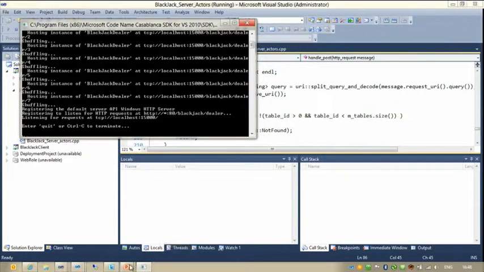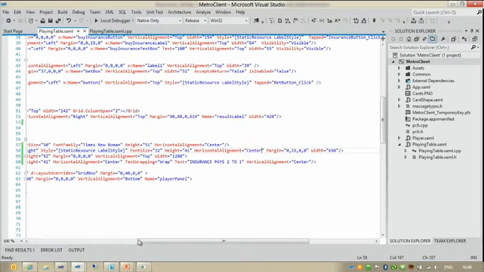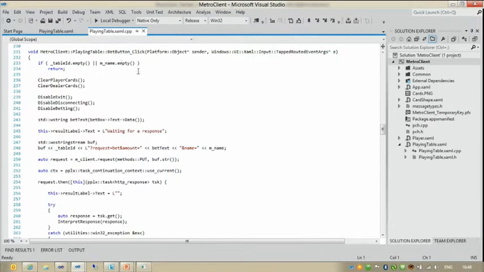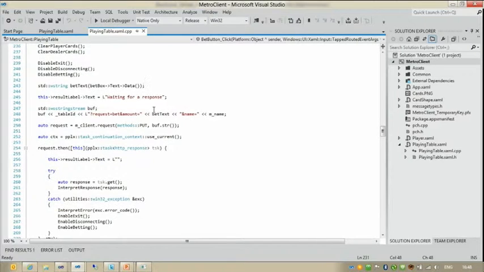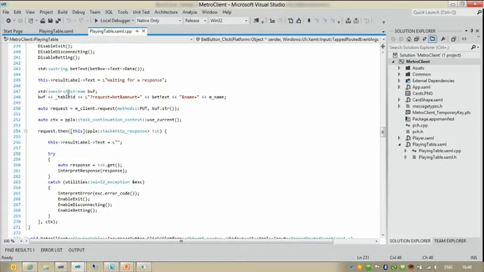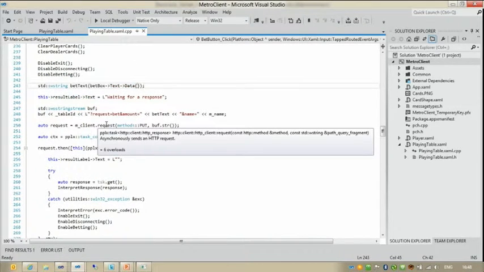And we're going to take a look at a client for this. We're going to take a look at what the bet button does. When we click deal, it actually says deal on the card, but it's when we place our bet that we're going to be hitting this handler, and we're going to be formulating an HTTP request. We have a base address that's stored in what's called here the client, the HTTP client, and then we're formulating a relative resource, and that's kind of the query.